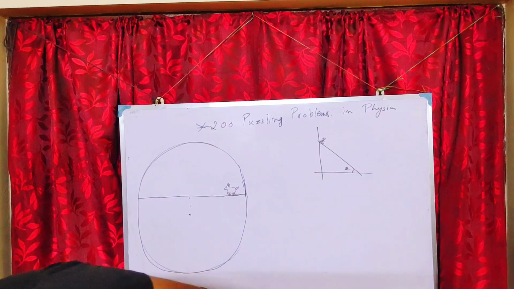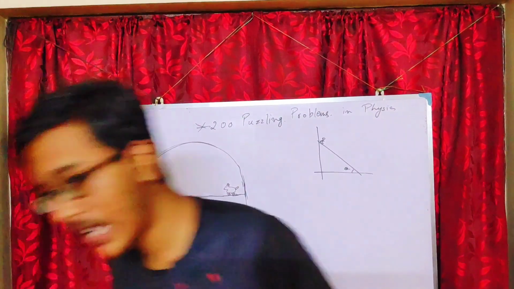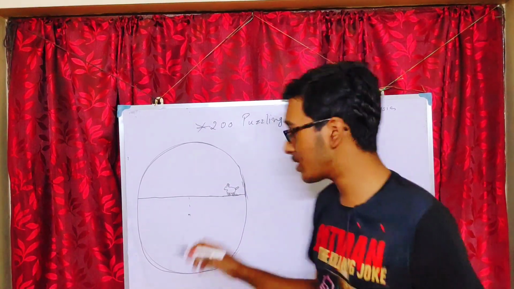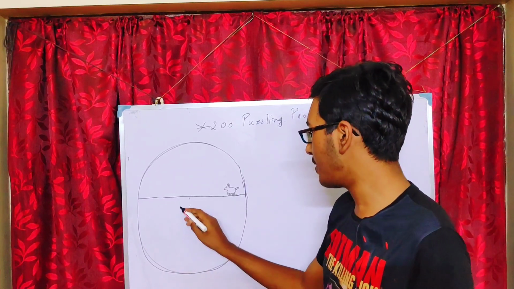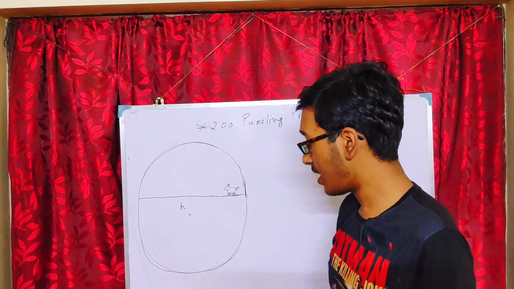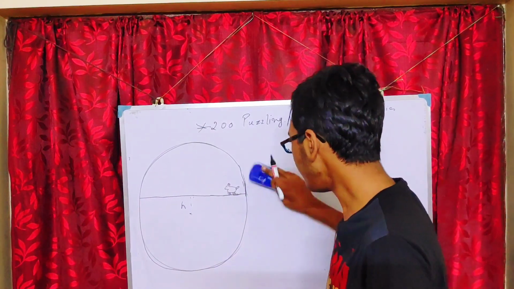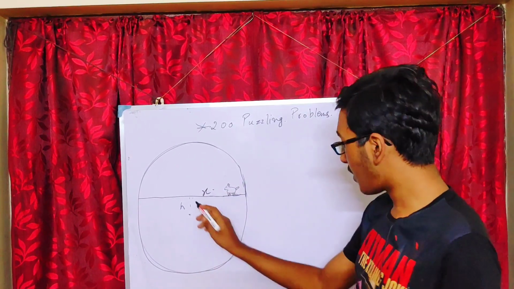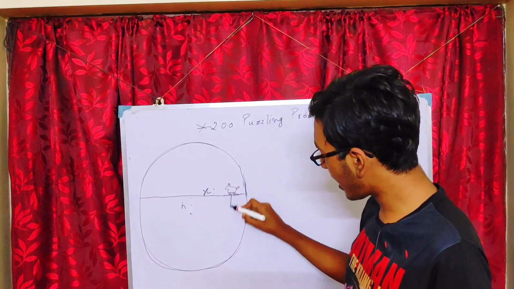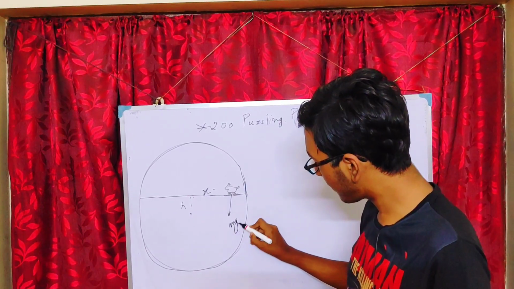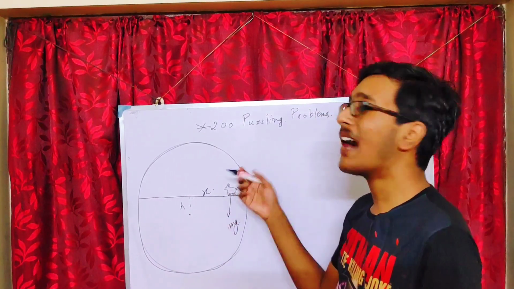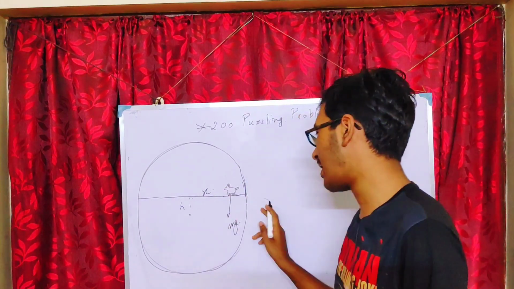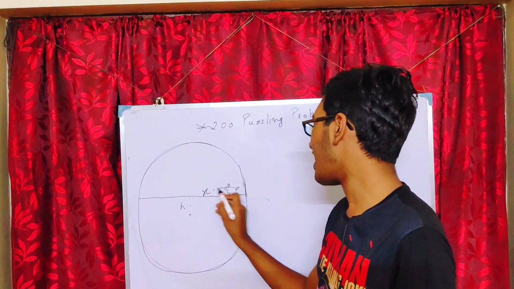Okay, so what are the forces acting on this body? Let us assume it is at a distance of h from the center, this line, right? And this rabbit is at a distance of x from the midpoint. So इसका mg इस तरफ एक्ट करेगा, right? And मान लेते हैं कि acceleration of this rabbit with respect to this rod is a,